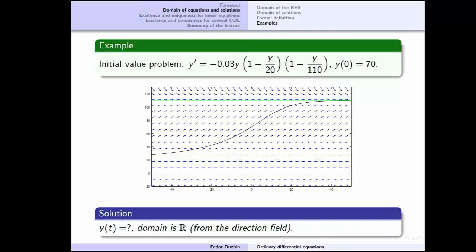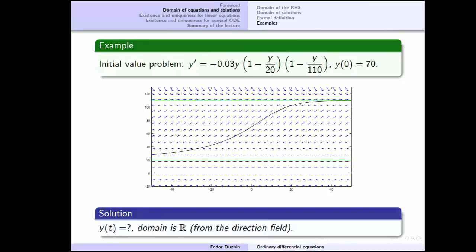Alright, one more example. Here, the initial value problem cannot really be solved explicitly, but what we know is that we have two equilibrium solutions here, y equals 20 and y equals 110. And of course, any solution cannot just leave this area when y is between 20 and 110, because if it left this area, it would mean that it would have to at some point intersect these horizontal lines, which is not allowed, because